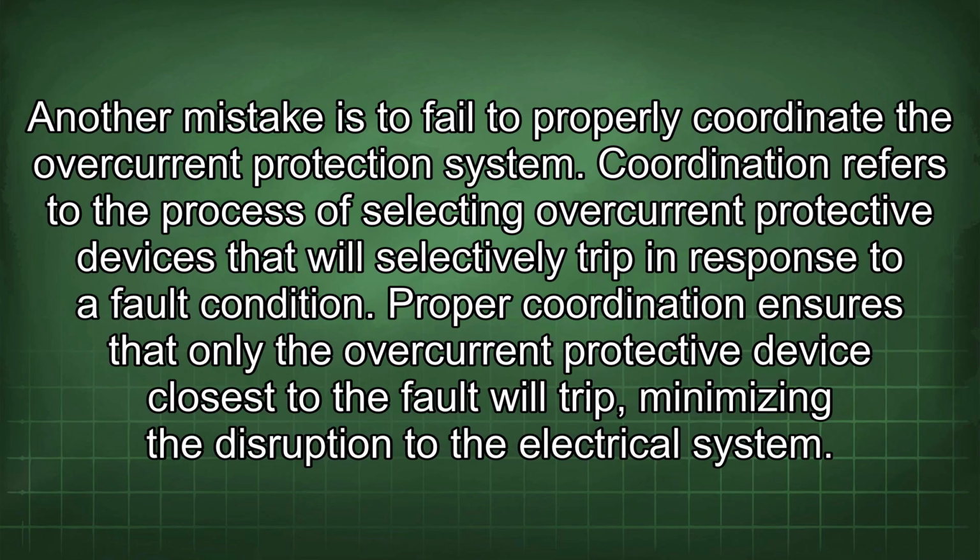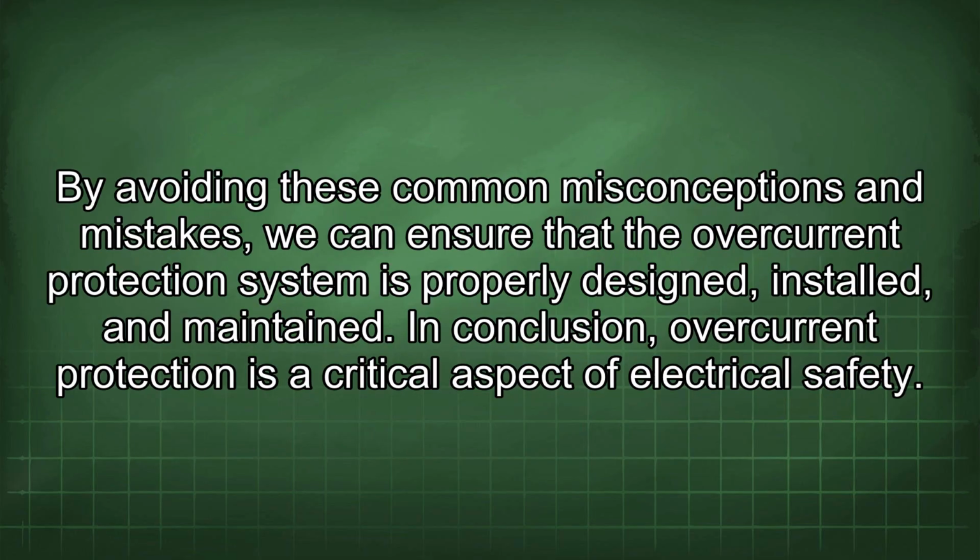Another mistake is to fail to properly coordinate the overcurrent protection system. Coordination refers to the process of selecting overcurrent protective devices that will selectively trip in response to a fault condition. Proper coordination ensures that only the overcurrent protective device closest to the fault will trip, minimizing the disruption to the electrical system. By avoiding these common misconceptions and mistakes, we can ensure that the overcurrent protection system is properly designed,